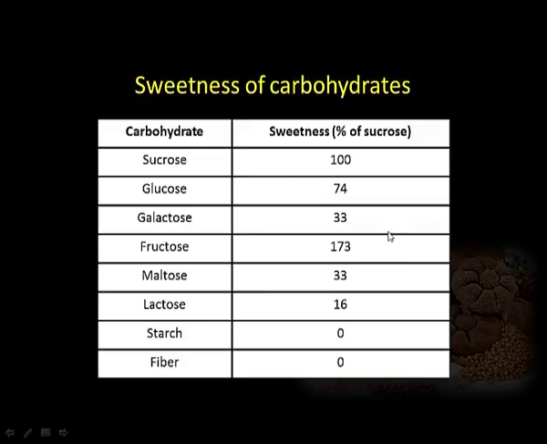Let us briefly revise what we have done. We started with the classification of carbohydrates as monosaccharides, disaccharides and polysaccharides. Then we discussed the structure of monosaccharides, taking the example of glucose and then fructose. We discussed some of their chemical reactions on the basis of which their structure was elucidated. Then we found that they do not exist mainly in the open chain structure, rather they exist as cyclic structures,